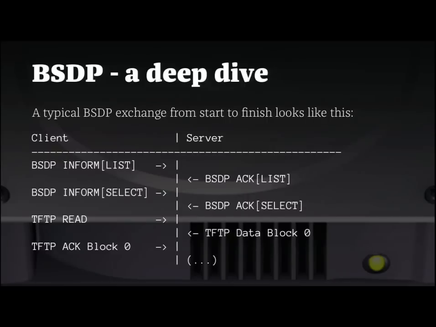So how this goes is that preceded by this is the DHCP IP retrieval phase. So the client now has a valid IP address. And the first thing it does is it sends what's called a BSDP inform list packet. It uses DHCP inform, which is... Does it know its boot server yet at this point? No, it does not. So this is the first step. So it has an IP address. What's next? So it uses DHCP inform, which is one of the modes of DHCP, and inside the vendor-specific options,